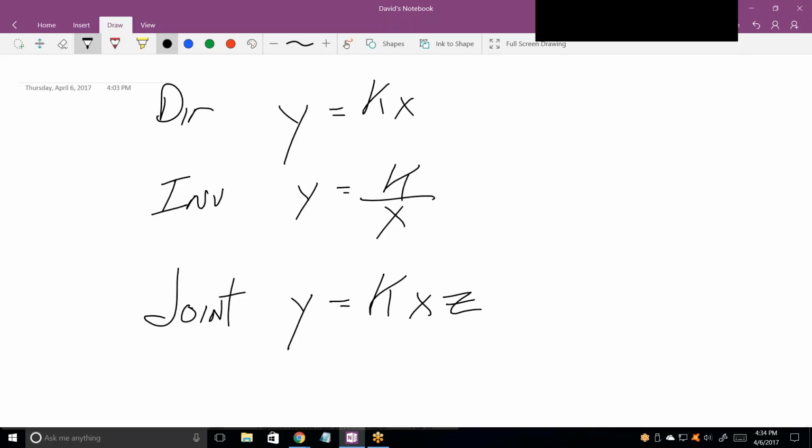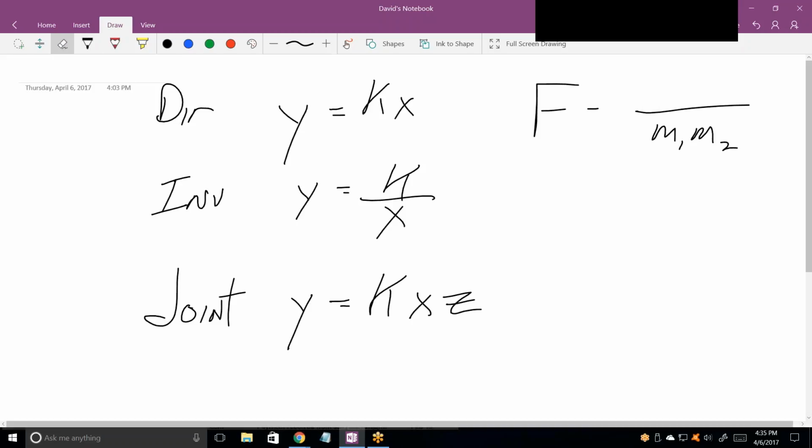Now, you can get some complicated ones. The force of gravity between two objects varies inversely with the mass of the one object times the mass of the other object. And then there's a K, and there's a couple other things. I don't remember the whole formula. But the force of gravity can be expressed as a bunch of joint and inverse relationships. The most important thing to remember here,